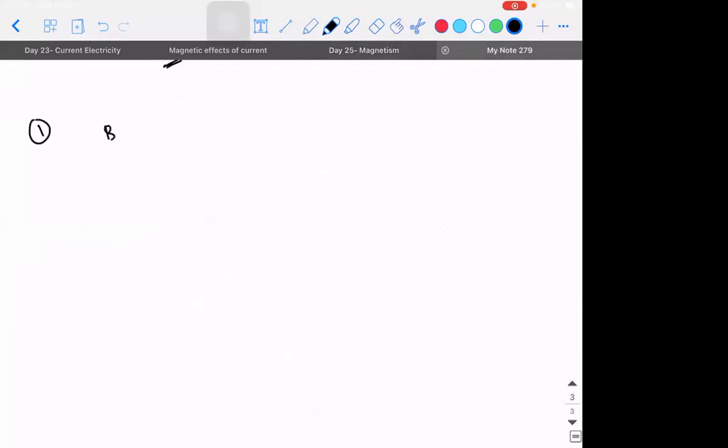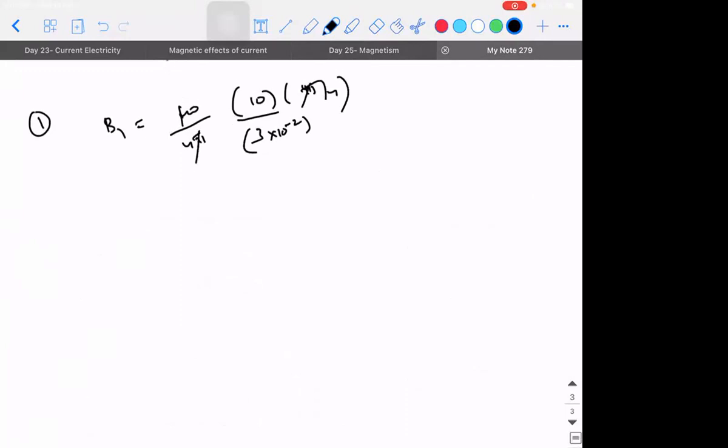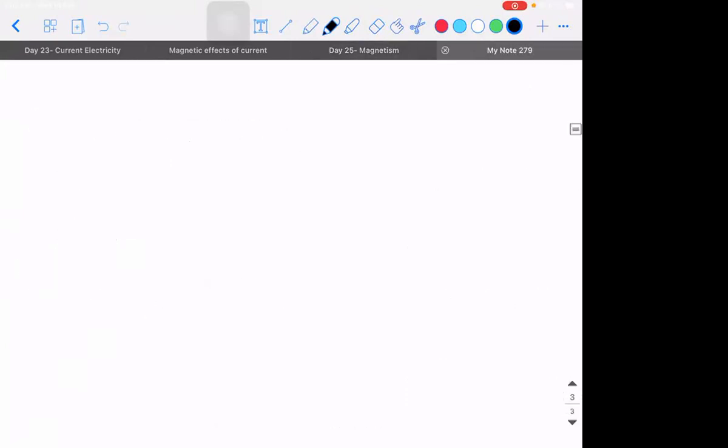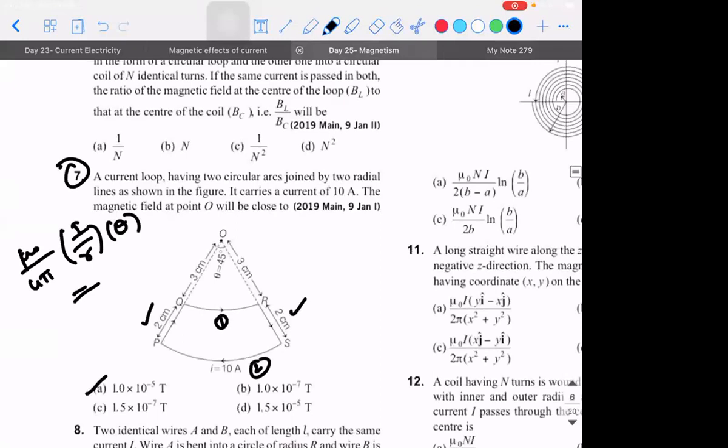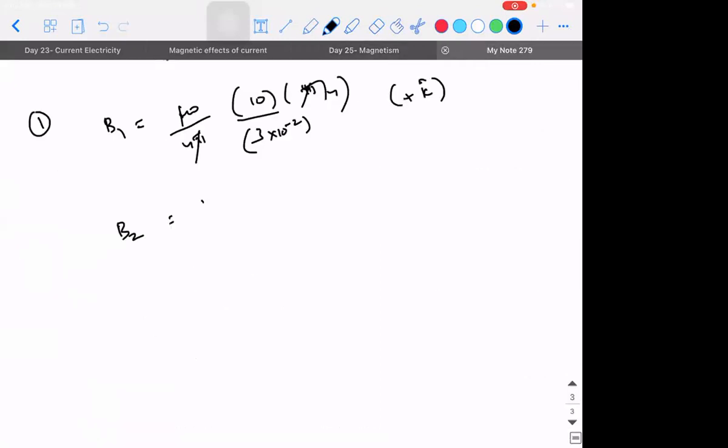So for the first wire, the magnetic field is mu naught divided by 4 pi. What current is given? 10 ampere sir. Okay, 10 into 10 divided by radius 3 centimeter, correct? 3 into 10 power minus 2 into pi by 4. So pi is gone. So B1 is into the plane, minus k cap, clockwise direction, or out of the plane, plus k cap. Similarly, for the second wire, B2 equal to 5, but same current. So mu naught divided by 4 pi into 10 divided by 5 into 10 power minus 2 into pi divided by 4. Pi cancels. This is minus k cap, correct?